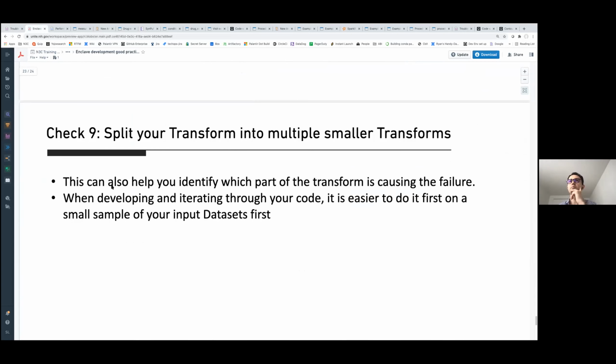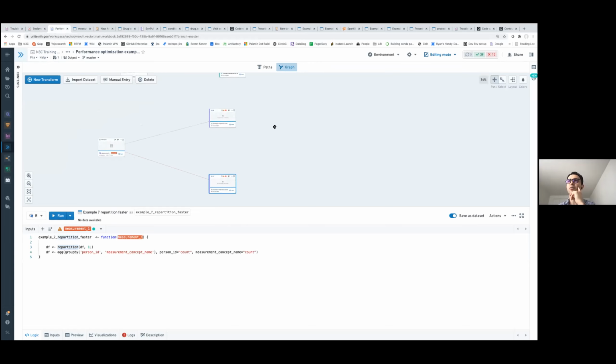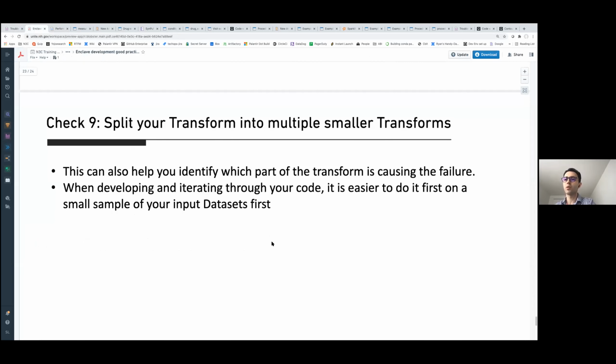And then just to wrap it up, I know I went a little bit fast and I didn't show all the run times for all these example queries. I will send an example of this workbook after the presentation. But a good way to improve the iteration time and figure out what the issue is when you're developing code within Code Workbook is to split your transform into multiple smaller transformations.